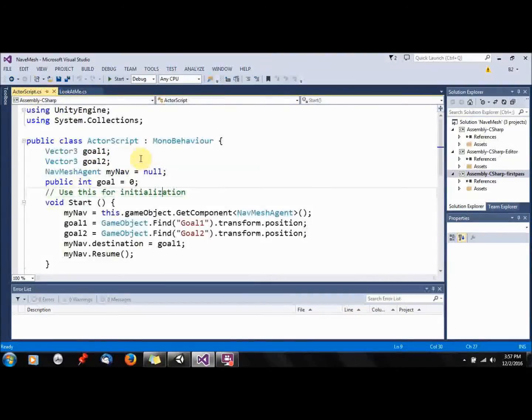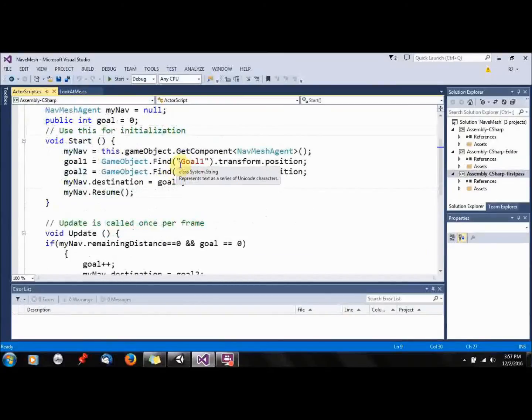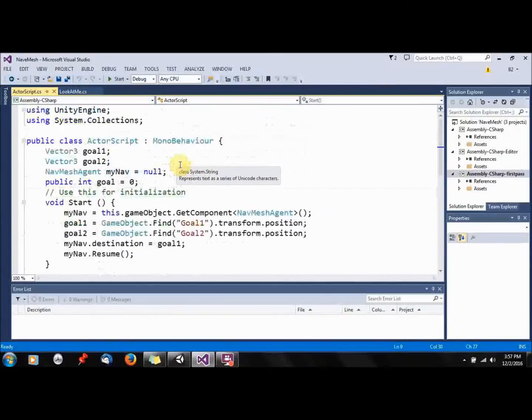Now, over here we have a little bit more complicated, but not too much. One, we're going to have a nav mesh agent, and a nav mesh agent is going to be a component we're going to put on our actor. So we're going to have this element here, and we're going to have vector 3 goal 1, vector 3 goal 2, and then what we're going to say is